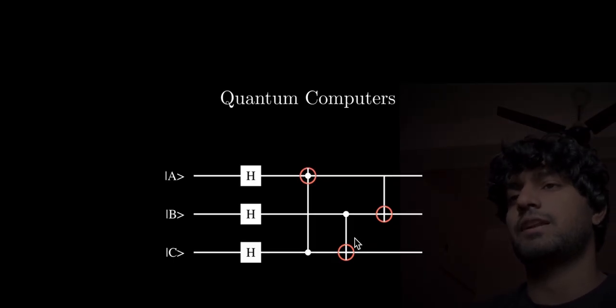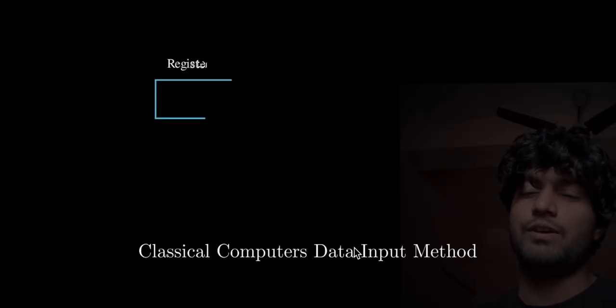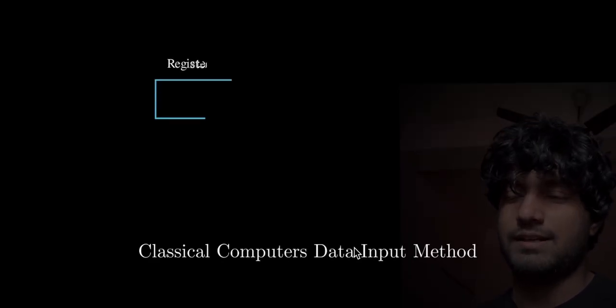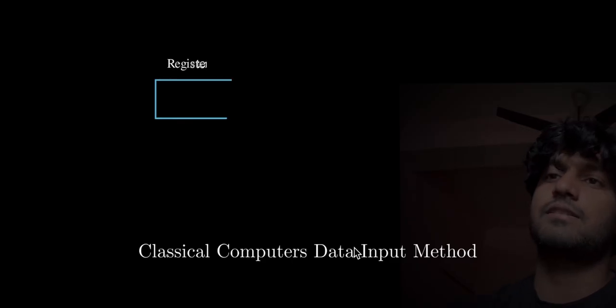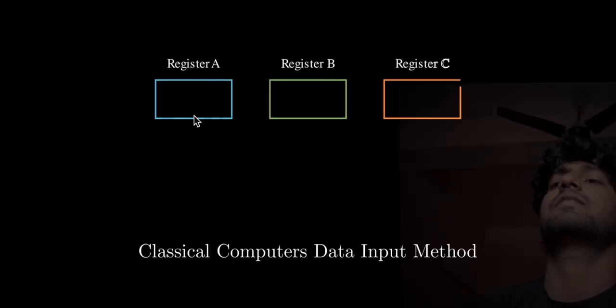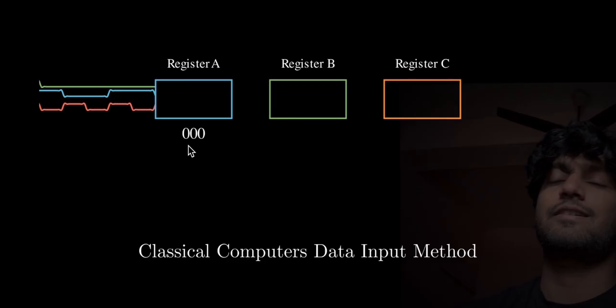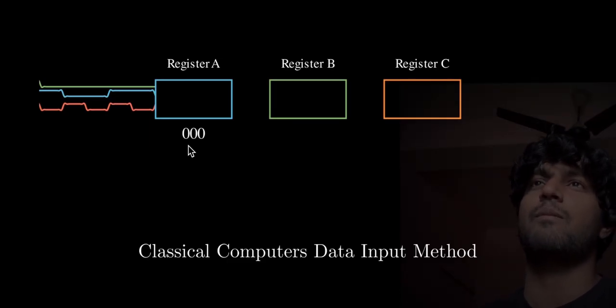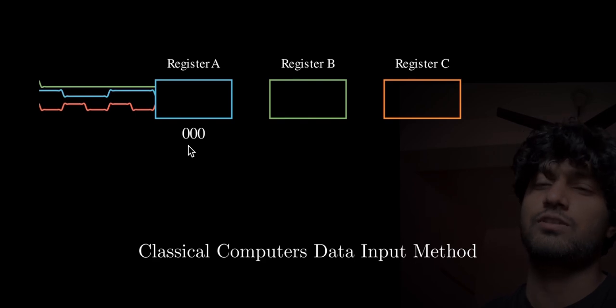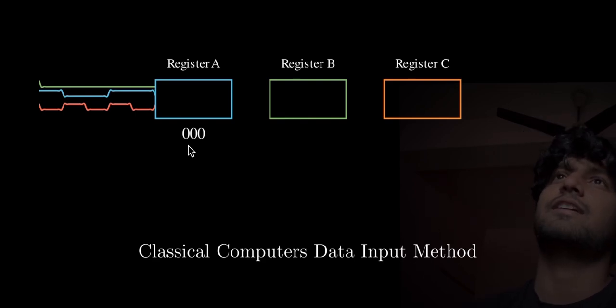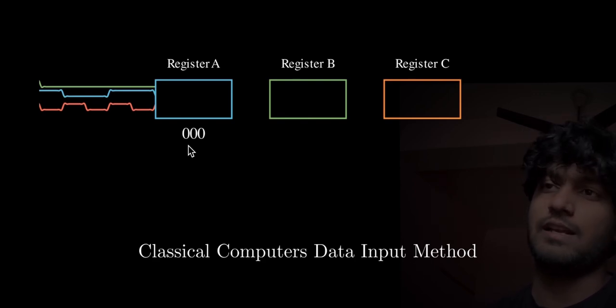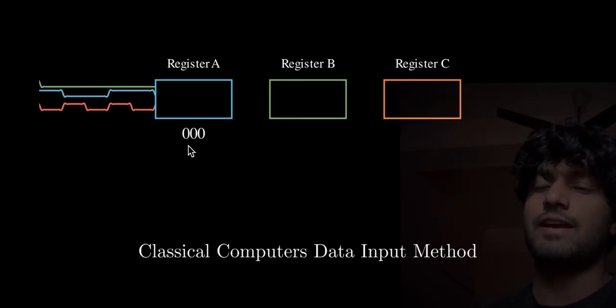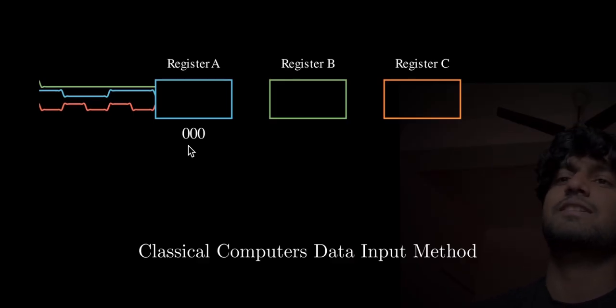Think of a register with three bits, and each bit represents some of the information, right? Eight states. The input of some problem is eight inputs, one, two, three, up to eight, and I want to apply a certain operation on all of them. So how we input this to a classical system is basically we'll send the